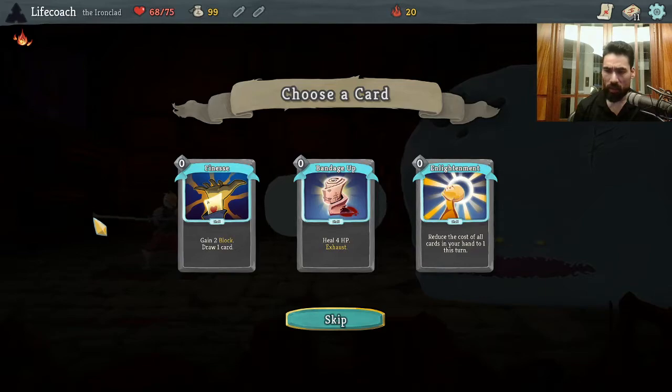Bandage Up is some nice sustain, but it's only better later. Yeah, and we already have Burning Blood, right? So with the Burning Blood, it gets worse. It's also about Finesse, also, yeah, I mean...